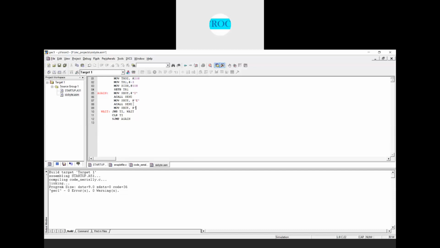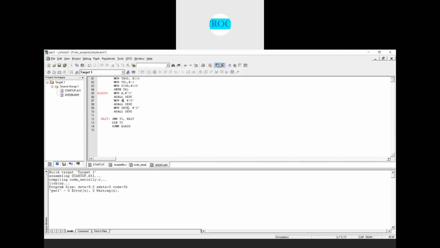Now what we have, yes. Again I call a call send. This is the subroutine what we have here. In the subroutine, since now I'll put all these values in a register, I'll transmit whatever content I have in the accumulator into the SBUF serial buffer register. I'll put it in the accumulator, make the changes here for this one.